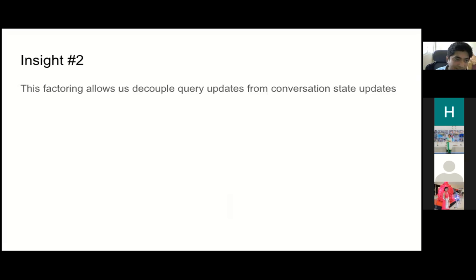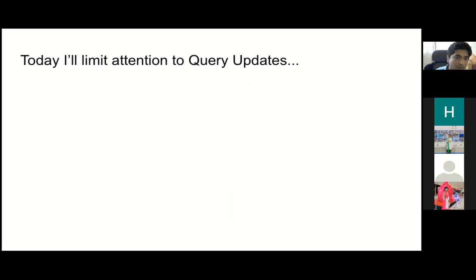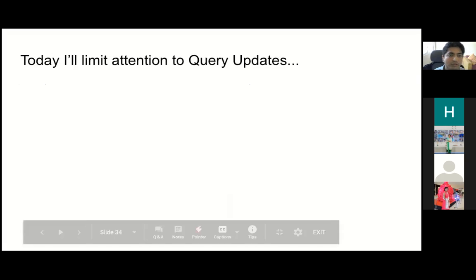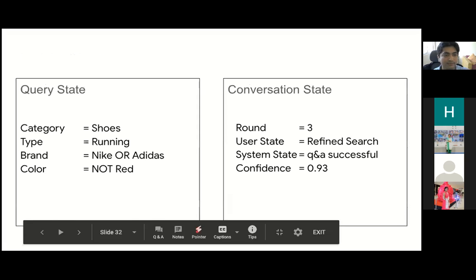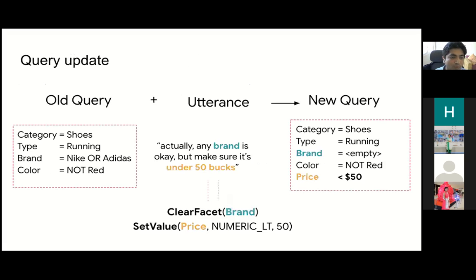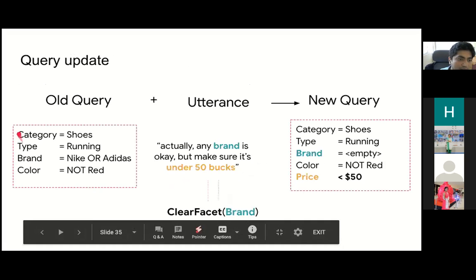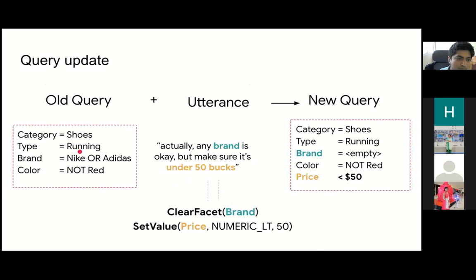So the second insight that we have from here is that factoring out or decoupling query updates from conversation states is useful, right? So today I'm going to limit the focus only to query updates. So query updates is this part, where, given the old query where category is shoes, type is running, and so on,